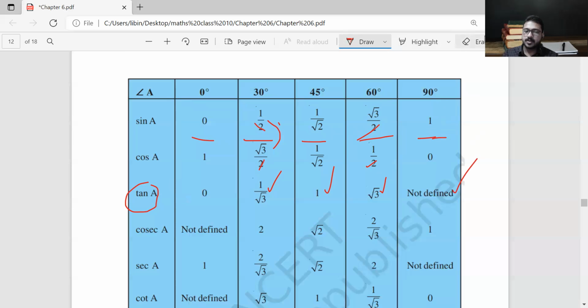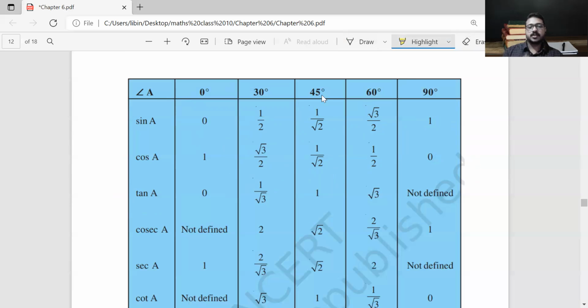So is it clear to you? And then you can now find cosec and the remaining ratios. Just take the reciprocals of these three ratios. Okay, I think it is clear to you. Either way, all of you should learn by heart the values of sin A, cos A, and tan A at any cost. You have to learn them by heart.